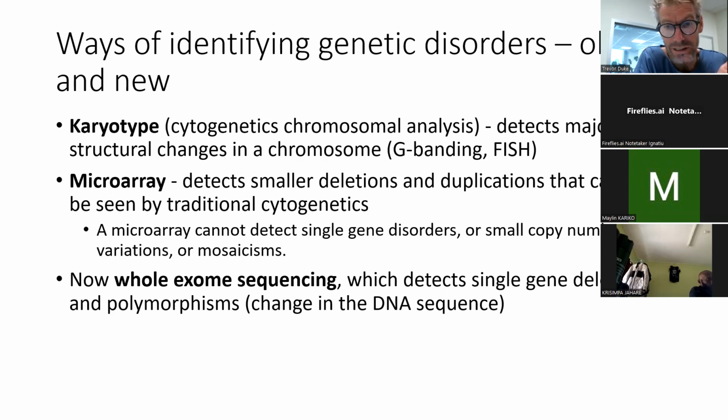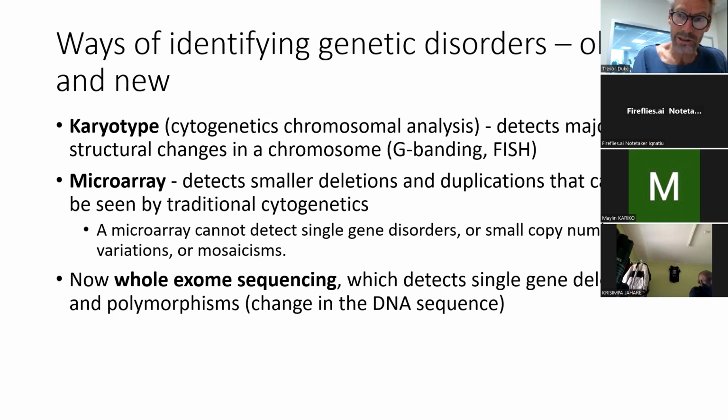And now, more recently, well, in the 1970s, actually, there was this technique called fluorescent in situ hybridization, which enabled sort of color banding instead of the black and white banding of chromosomes. And it was possible to see smaller and smaller changes within chromosomes. In the last 20 years, there's been these techniques called microarrays that enable the detection of smaller and smaller deletions and duplications that you can't see with traditional cytogenetic analysis of cells